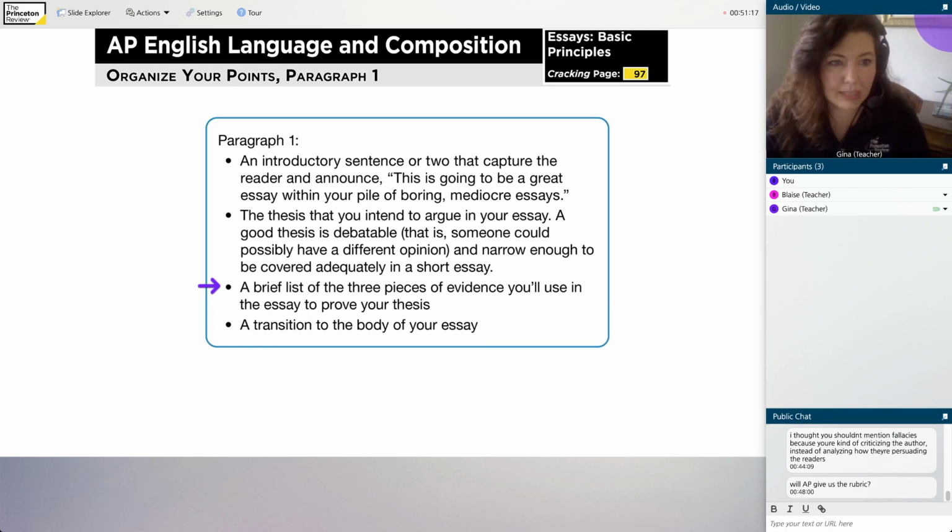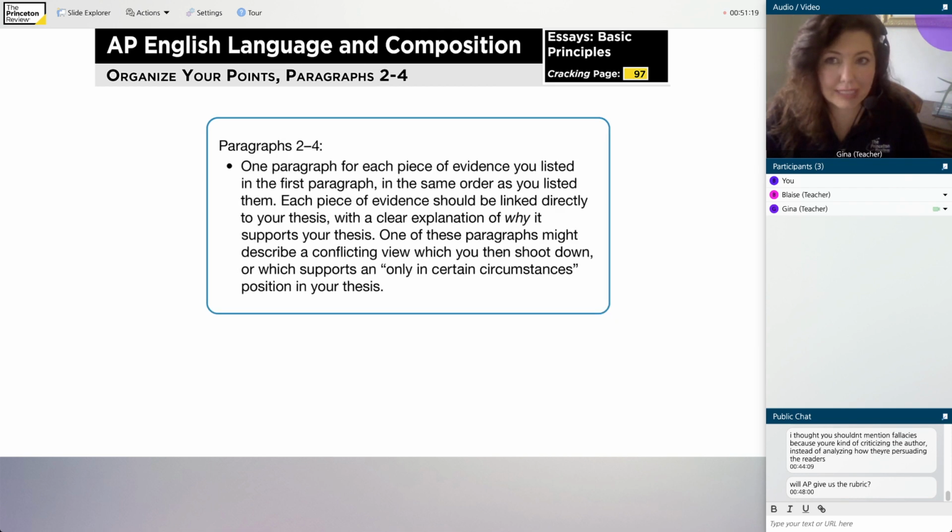Now, when you get to the body paragraphs, I would strongly suggest 3 body paragraphs because if you're writing 3 body paragraphs, that means your essay is long. If you really don't have time for 3, you could get away with 2, but 3 is probably better. The idea is to organize your body paragraphs around the type of rhetorical mode that you've discovered and the type of evidence that you discovered.